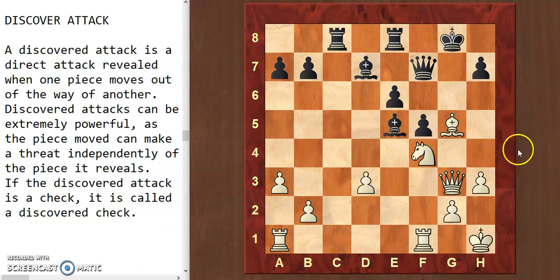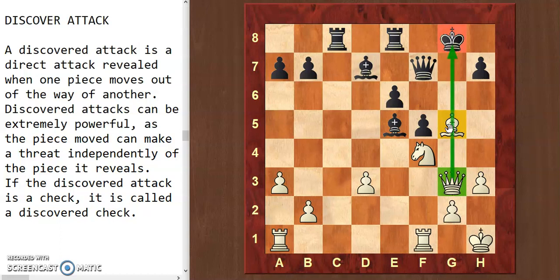Let's see by this example first of all. As you can see, the white queen is sitting over here. It is white to move and the black king is here. So the white queen is indirectly attacking the king. Of course, if this piece were not here. So what we need to do is move this piece, and that will be a discover check on the king. But where should we move the bishop?